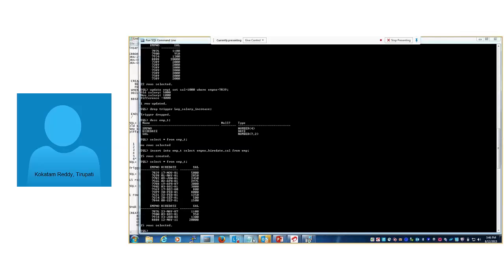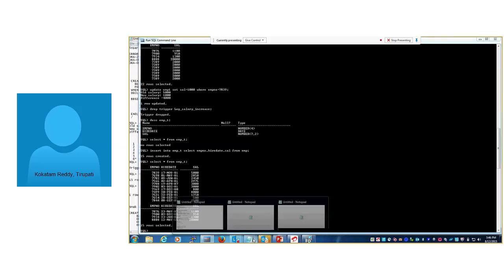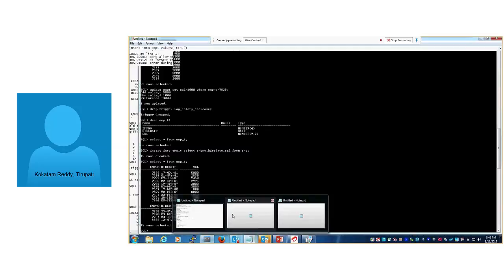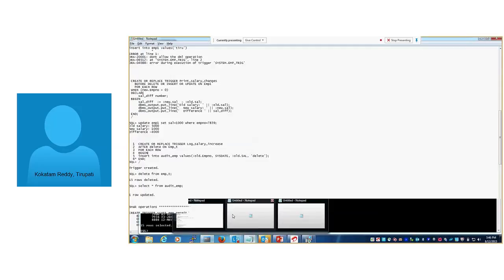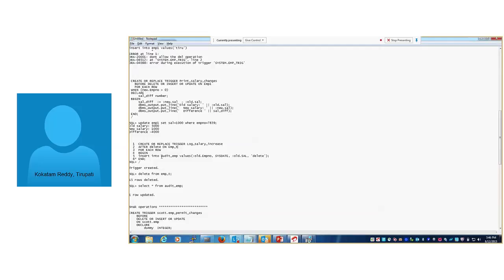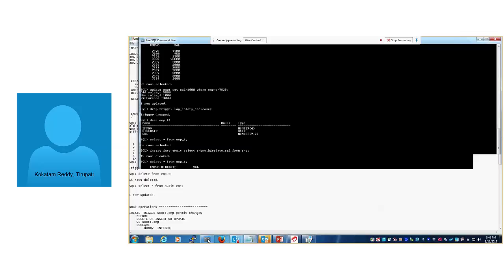Based on this trigger, when I try to delete the records from EMP_T, the trigger will fire automatically and it will fetch the deleted records from EMP_T and put them into audit_EMP. We will check right now whether there are any records in the audit_EMP table.